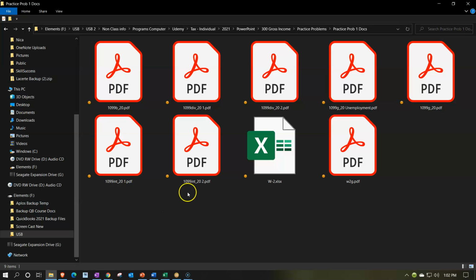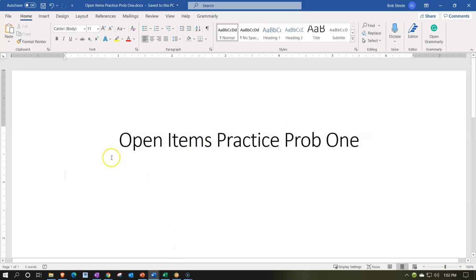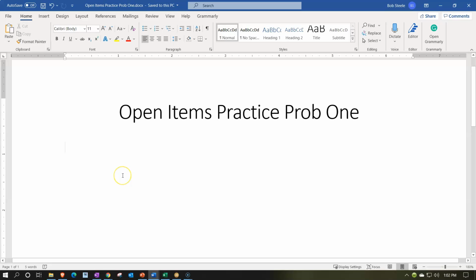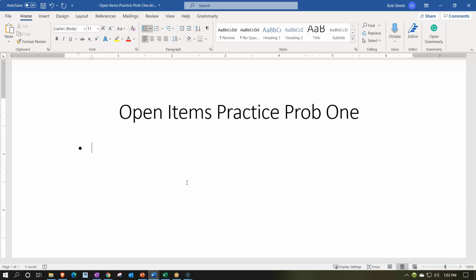So typically what I'll have open is the documentation, and then I'll also have an open items worksheet open, which means I'm just going to have a Word document. You can use whatever program you like, OneNote or Notepad or something like that. I like to have the bullet format. So I'm just going to enter anything that comes into my mind that's a question as I start doing the data input. I'm not going to think about it too much as I do the data input. I'm focused on the data input, but anything that comes up that might be a question I want to jot down and ask the client about,